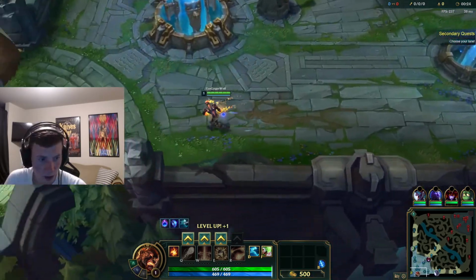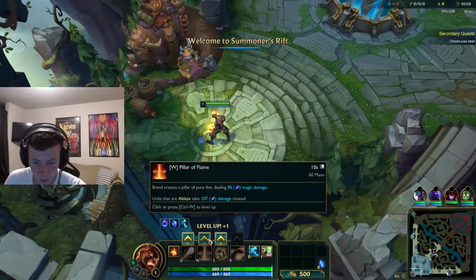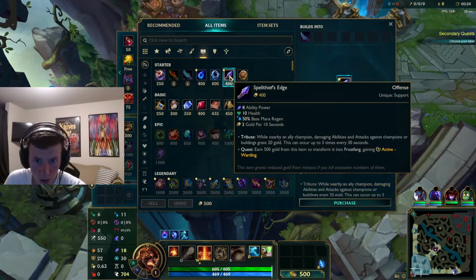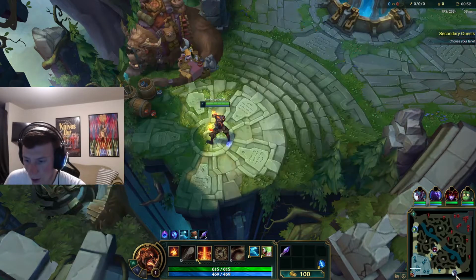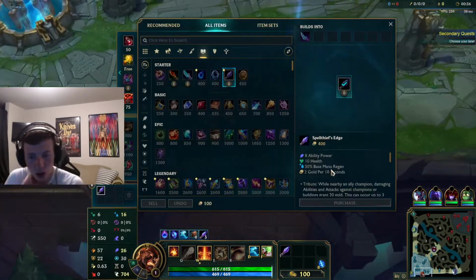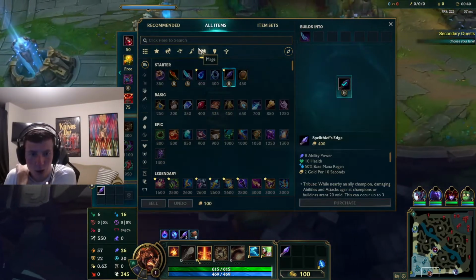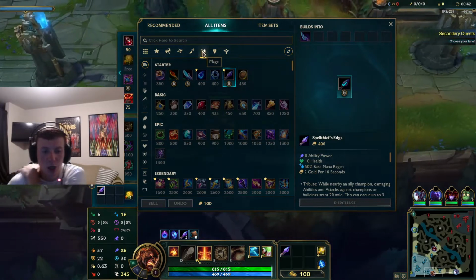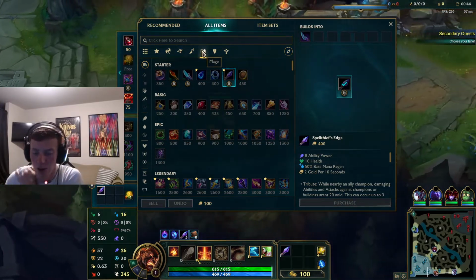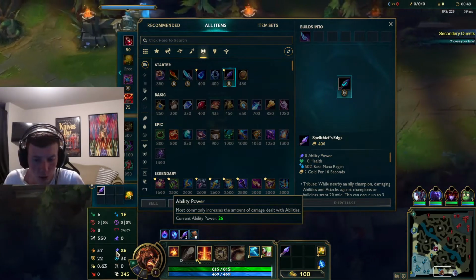Alright, so I'm gonna go down here. I actually need to buy something. I want to buy this. So you buy gear at the beginning, and basically this gear allows you to get different things. So what I bought was, I'm under the mage, so Brand is a mage character. And basically what this does is it allows me to get ability power, which increases the amount of damage with